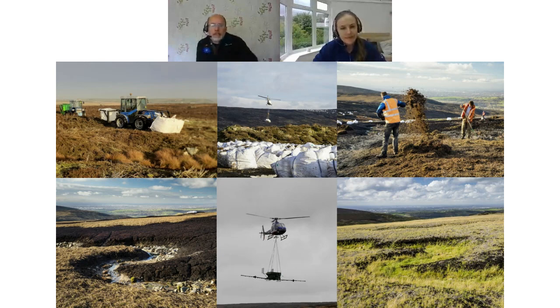So the picture in the middle of the screen with the helicopter with the kind of contraption underneath it, what's that doing? Yeah, so the heather that we bring onto site does bring some heather seed, but heather grows really, really slowly, and we actually want a different kind of mix of seeds in with that heather as well. So the helicopter in the image there is actually carrying a seed applicator, and we apply seed from the air. It's a mixture of